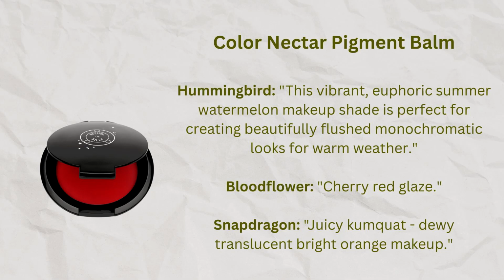And then I will try one of these on both my lips and on my cheeks. So this is the Hummingbird one. Let's do a little bit on my lips first. So after having spent quite a lot of time